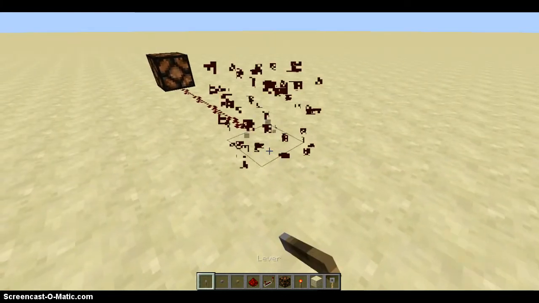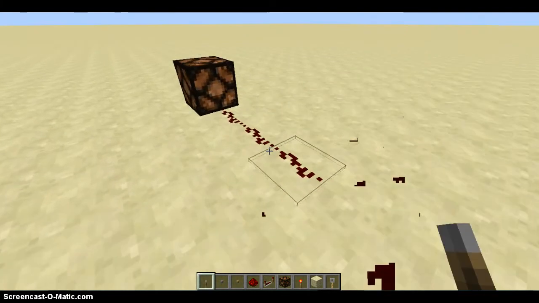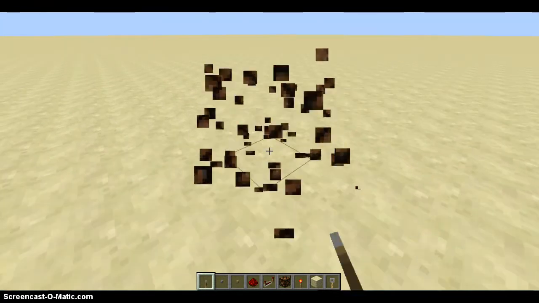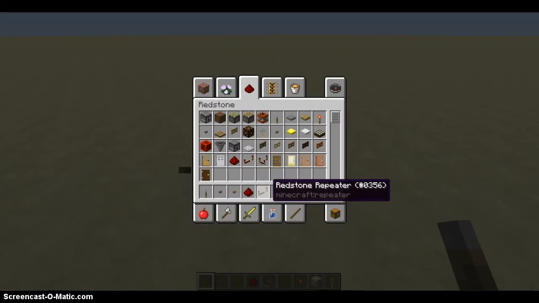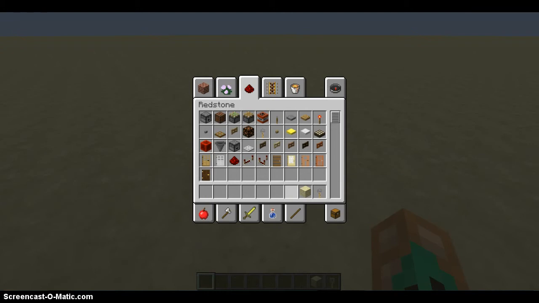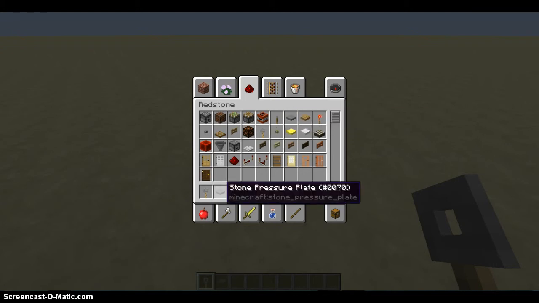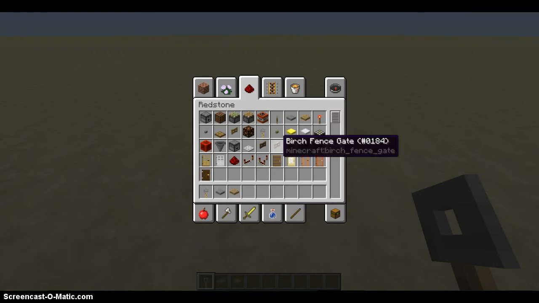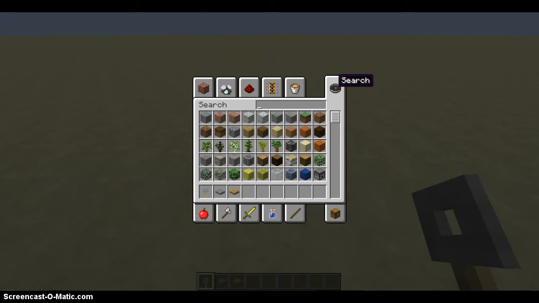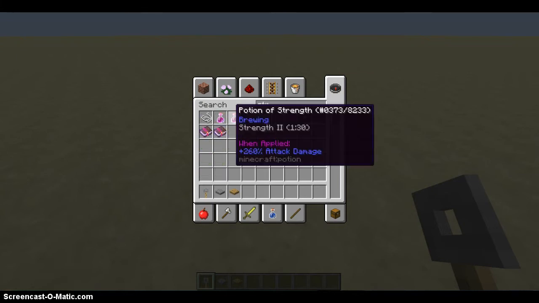Now, another way you can input signals into your redstone circuits, again I apologise for lag, like I said in my previous episode, my computer is not the best. You can use pressure plates and tripwire hooks. Now, with tripwire hooks, you do need to use string in between them,